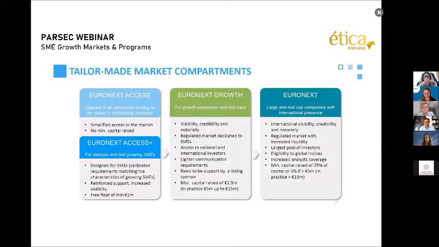So this is a Euronext sample. We think of the Paris stock market as a whole, but as you can see, it has these 4 different markets. Of course, on your right, the Euronext for large and mid-cap companies. The biggest companies in Europe are listed on Paris or London usually, or Berlin or Frankfurt, sorry. But we have this second market, the Euronext Growth, and even below this second market, we have the Euronext Access